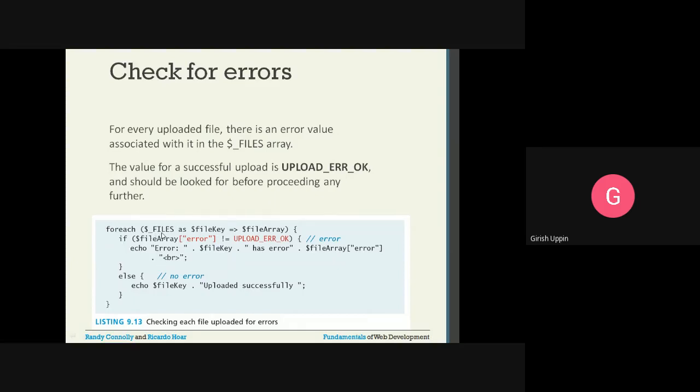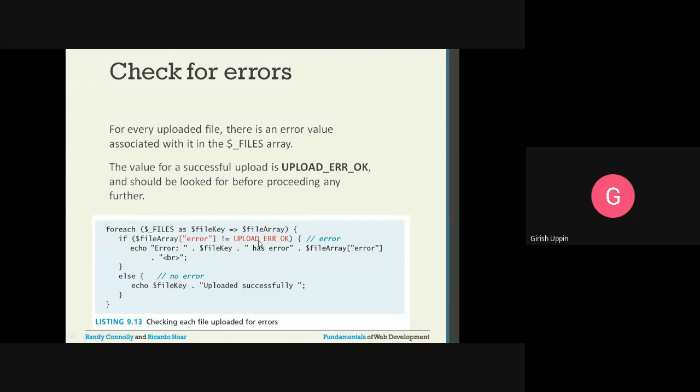I told you, if there are multiple files, we are going to use foreach ($_FILES as $file_key => $file_array). So I'm going to get the first file. Then if $file_array['error'] is not equal to UPLOAD_ERR_OK, which is nothing but 0, if it is not 0, that means it's some kind of error.